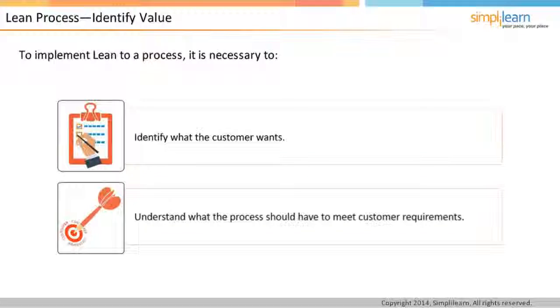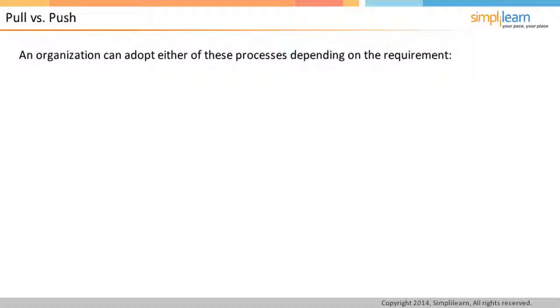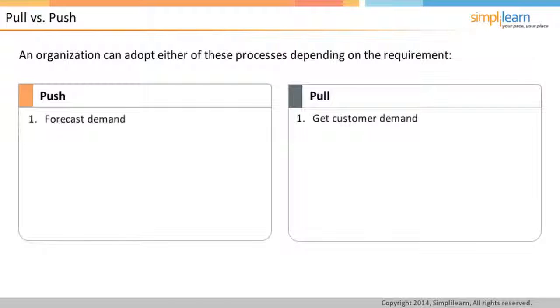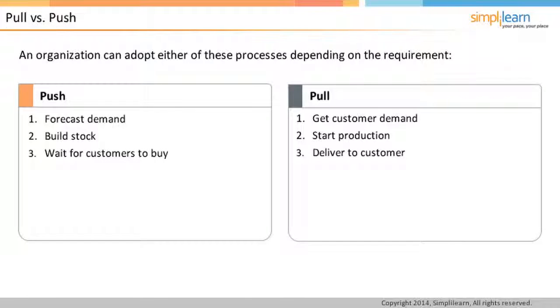In this screen, we will discuss the differences between push and pull processes. An organization can adopt either of these processes depending on the requirement. Contrary to a pull process, in a push process, the first step is to forecast the demand for a product or service. The production line then begins to fill this demand, and produced parts are stocked in anticipation of customer